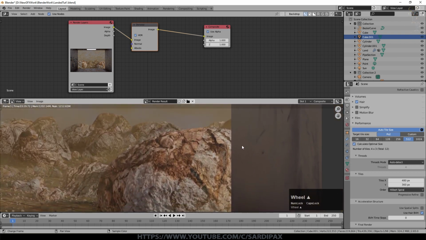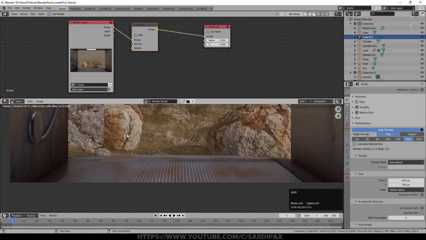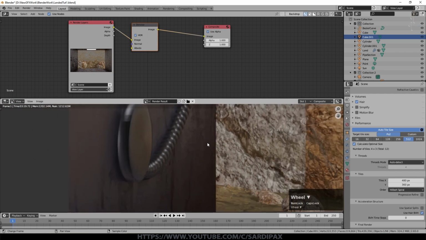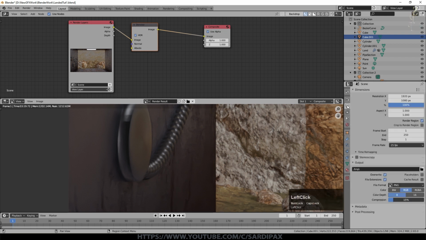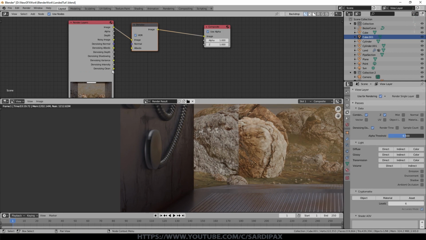Even if I rendered that at a higher resolution, this is 1080 resolution at the moment, you can't see it. You do lose a little bit of detail, but not very much. However, we can make that slightly better again, and we need to render in a slightly different way for that. So we come down to here under the scene options, and we can switch this on, which is denoising data. And you notice we get a whole load of new options here. This only works for Cycles. You can use the denoise node for EV, but you don't get this denoising data currently.